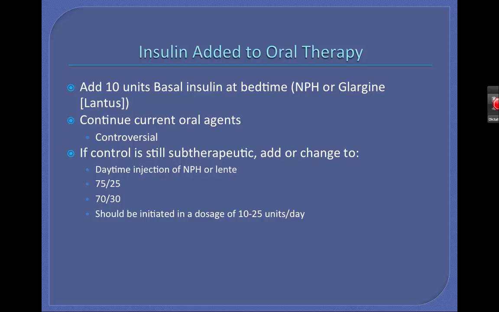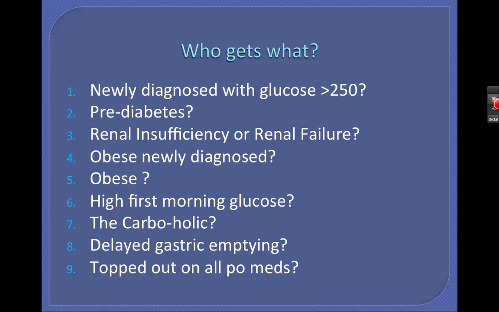In general, the starting dose at bedtime is less important than having a titration algorithm. Typically, start at 10 units or 0.1 to 0.2 units per kilogram. Most patients will end up needing 0.5 to 1 unit per kilogram per day. Also, a typical titration can be done every 2 to 3 days by the patient until fasting plasma glucose reaches